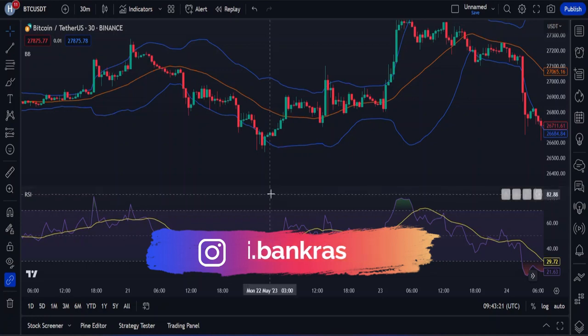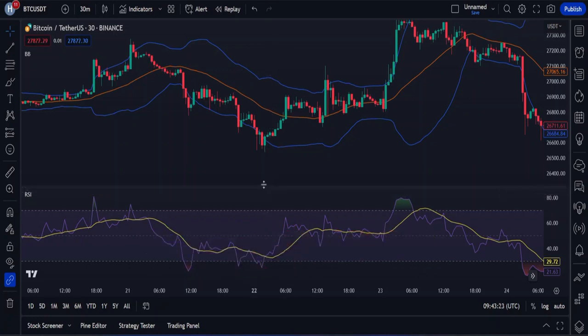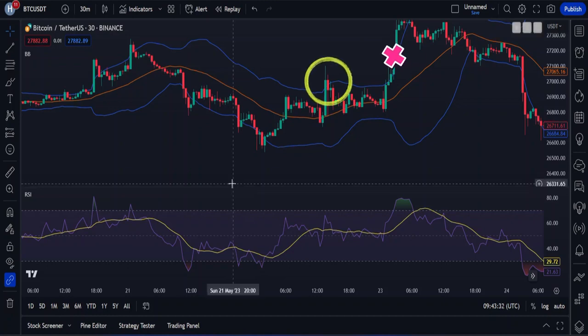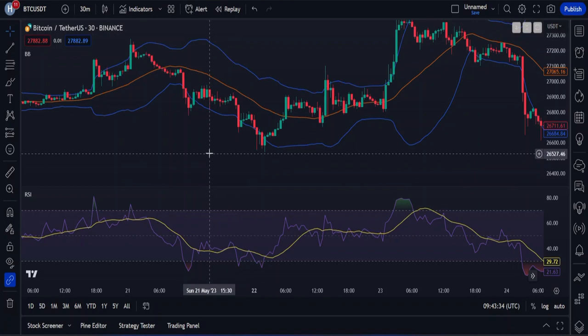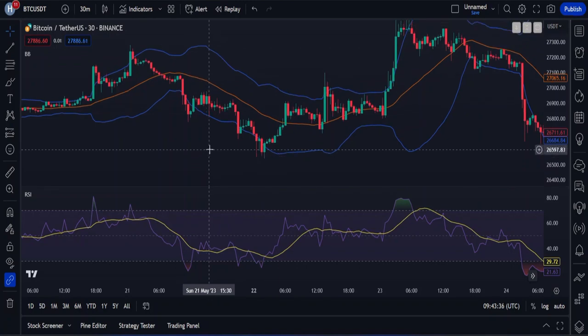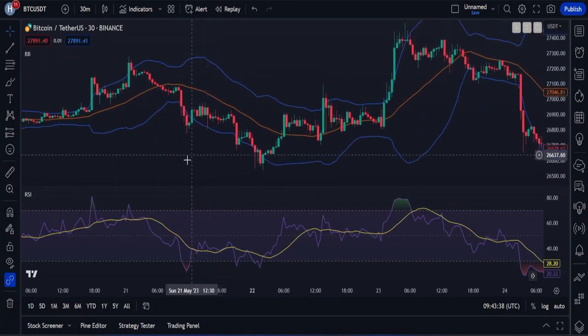Thus, the incorporation of the RSI indicator becomes crucial. As exemplified in the provided example, the price frequently surpasses or dips below the Bollinger Bands, leading to numerous false signals. By basing trades solely on these occurrences, one would likely encounter losses. To address this challenge, we introduce an additional requirement, which is the trade should only be executed when the RSI